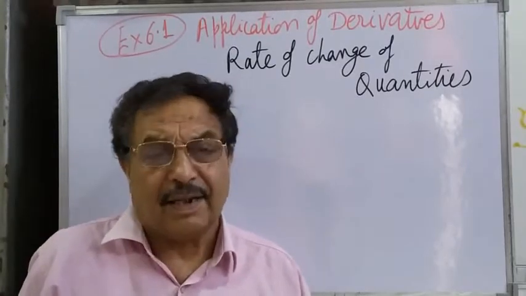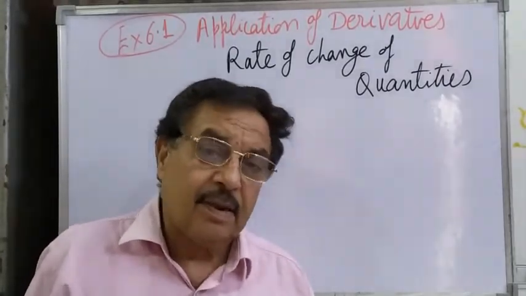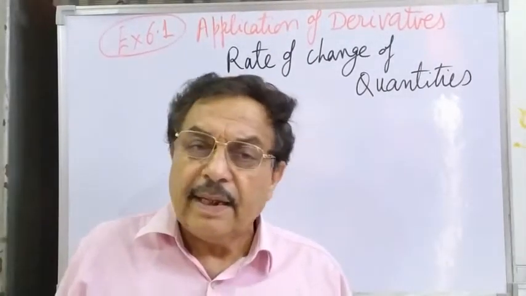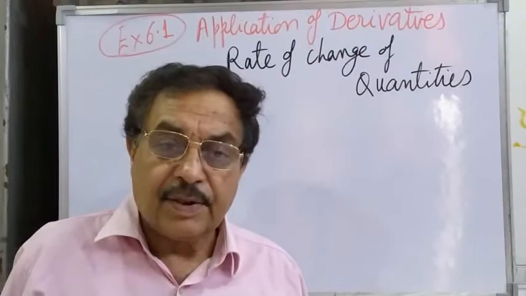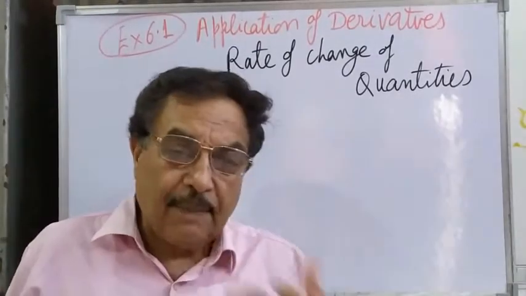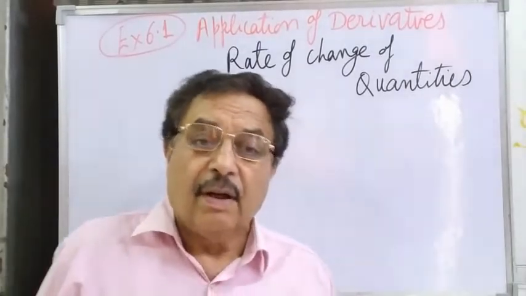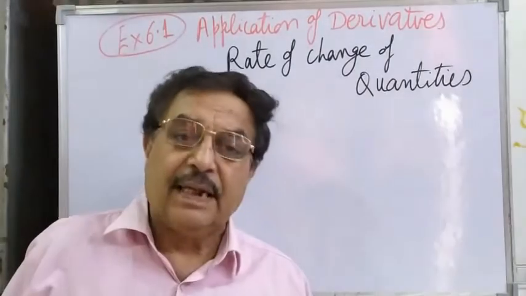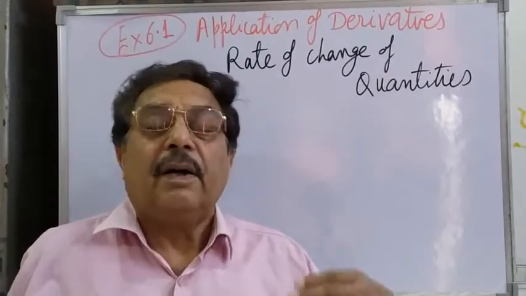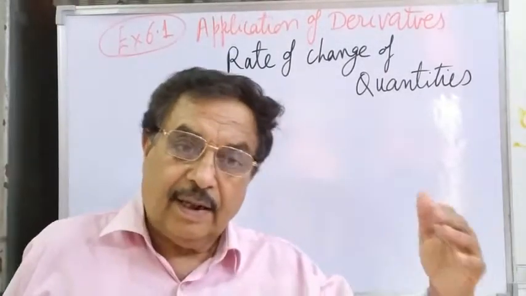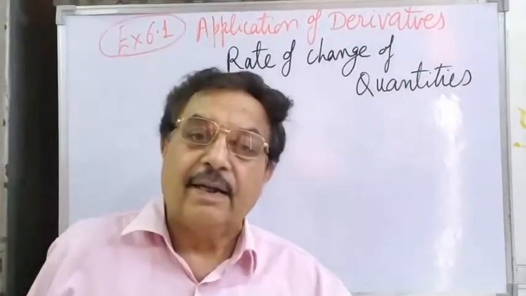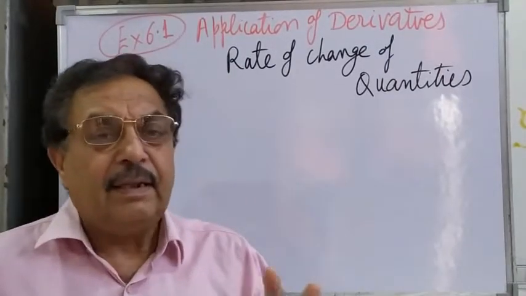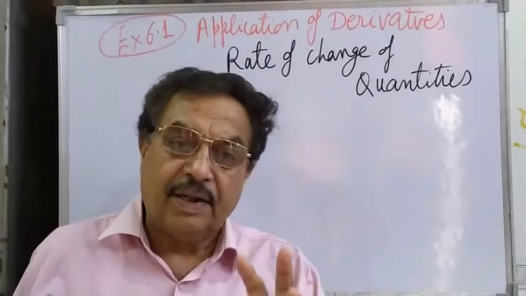For example, I just take an example. The age of every person is related to time. As the time lapses, the age has to increase, and as the age increases, the metabolism of your cells, the life of your cells, etc., in the young age it goes on increasing, and then after a certain age it starts decreasing, in retardation of the cells. Many things are related to each other.